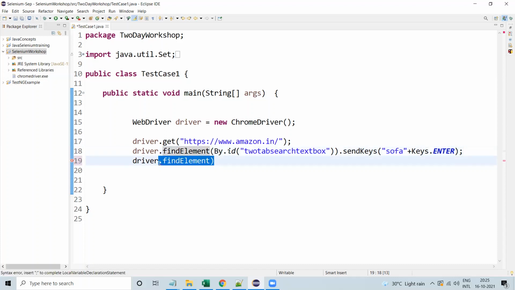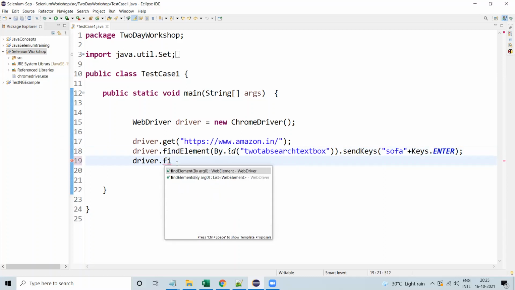Here you can see findElement and findElements, both are added. If you want to find a unique element, only one element, then you go with findElement. Now we just want to validate, we want to take all the images from the page. That is plural, right?